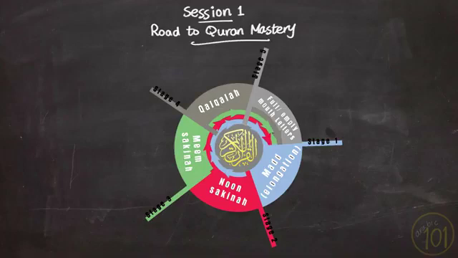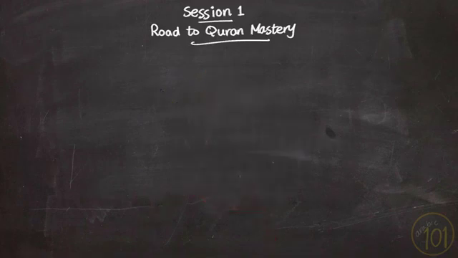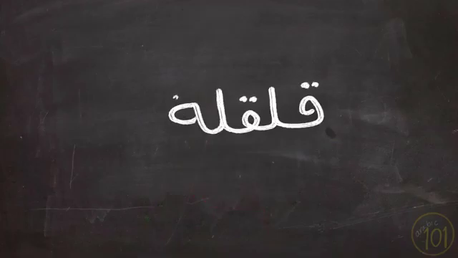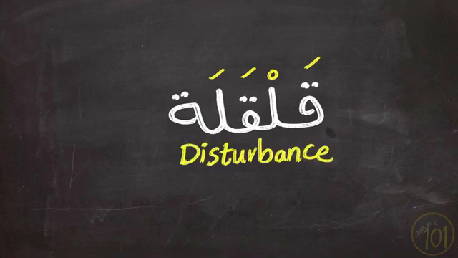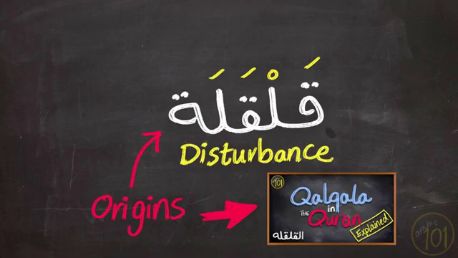And today we start stage 4 with a new topic, which is qalqala. And in session 1, we'll have our introduction to the concept of qalqala and how to properly perform it. So let's get started. First of all, qalqala in Arabic literally means disturbance. And if you want to learn more about the origin of the name qalqala, you can have a look at this lesson in which I explained the historical origin of the word and why it is linked to a tajweed